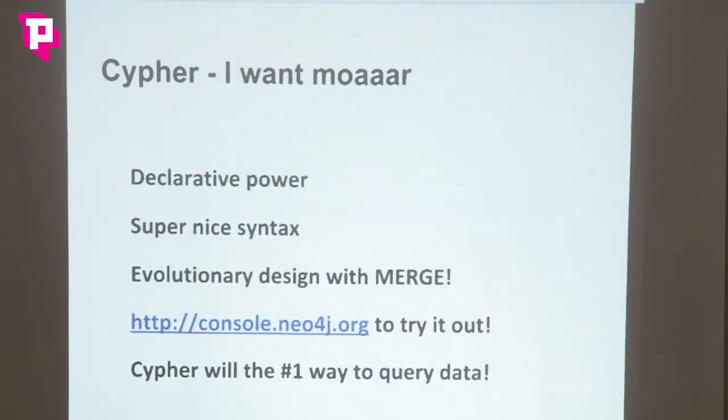So Cypher will become very soon the way to go with querying data. Because I told you traversals are powerful, but you have lots to write. The syntax, in my opinion, is super nice. I don't know if you agree. Merge can allow changes quite easily. And you don't even need to install Neo4j. Just go on this URL, you can just play with some Cypher statements, import data if you want, try to stream queries, and then if you're convinced, I invite you to download it. But really, Cypher will become the one way to query data, I'm pretty sure of it. It's what we expect from a query language of a database.